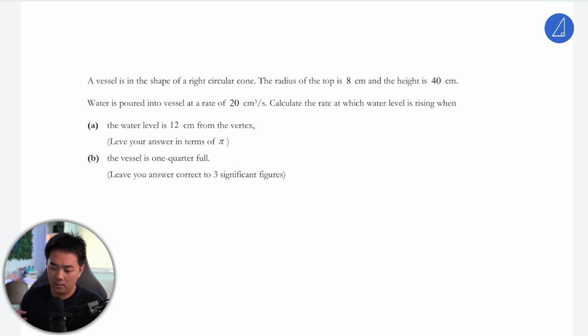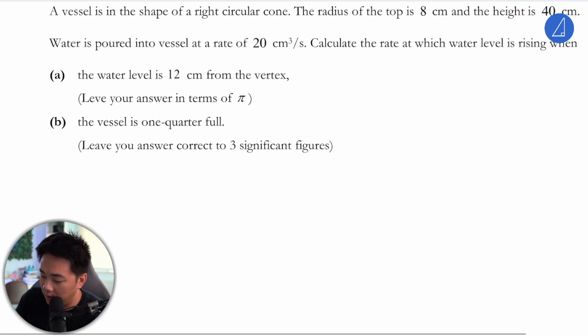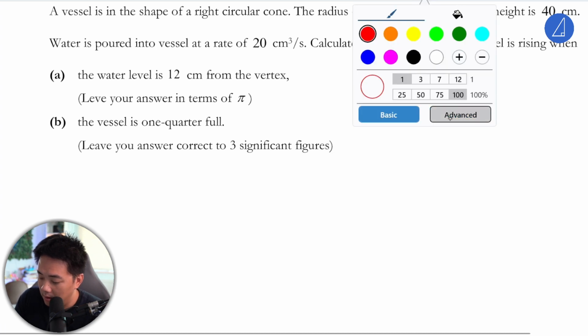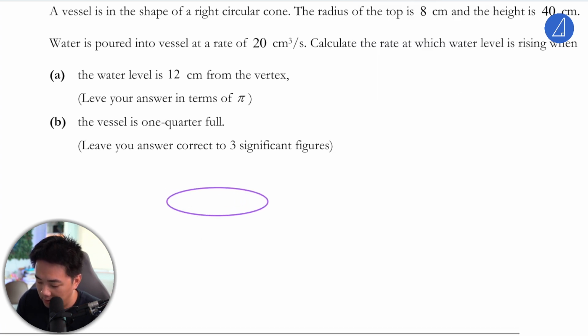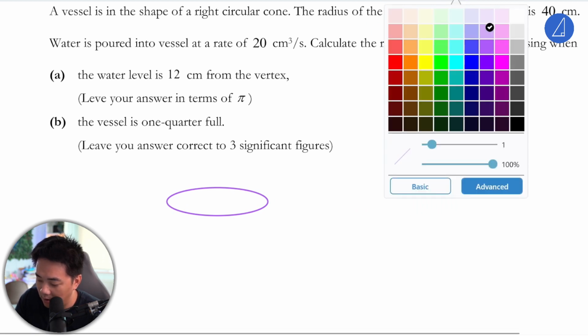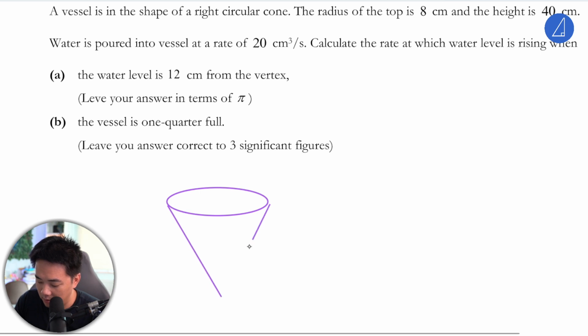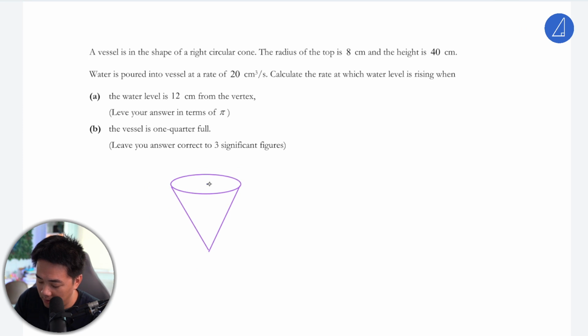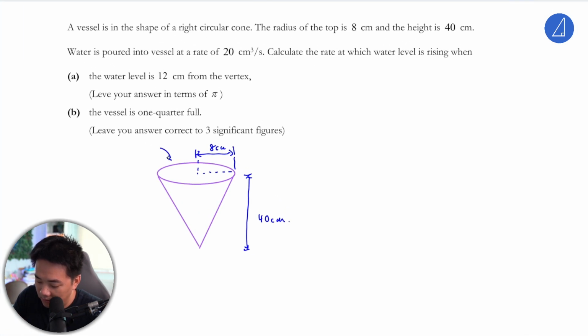So I think the vessel, this right circular cone, they did not state whether it is upright, as in how it is being placed, upright or top down also. So I think what they're trying to say is this cone looks something like that. Then the radius of the top is 8 cm, and the height here is 40 cm. So water is being poured into this vessel here at dV/dt